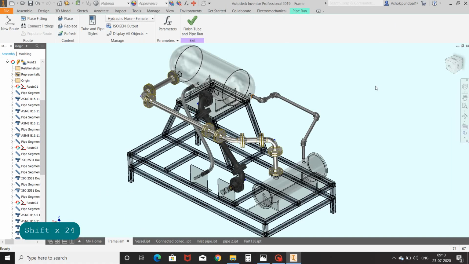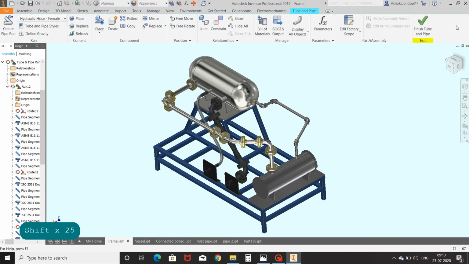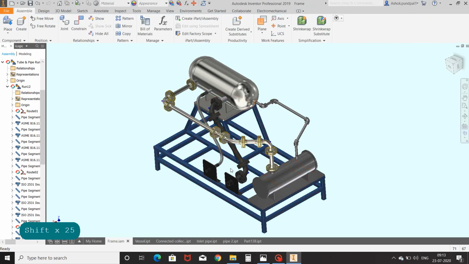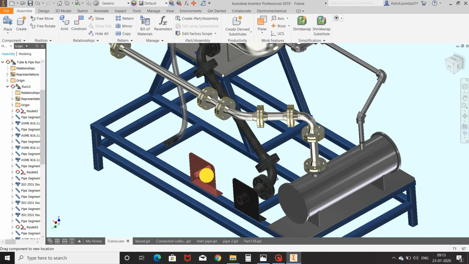Here you can see everything is foolproof and follows standards. Also you can move end connections anywhere, or you can change the position of end parts. Then the route also moves with it and adjusts itself.